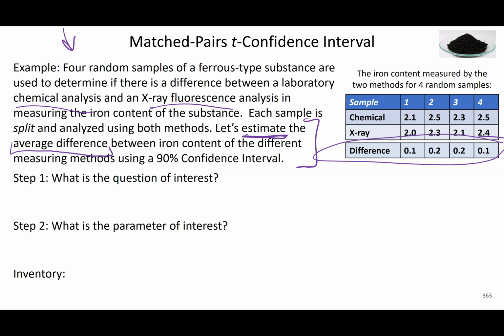So here, what is my question of interest? If you're doing a confidence interval right off the bat, that tells me that this question should be open-ended. So here it's going to be, what is the mean difference in iron content detected